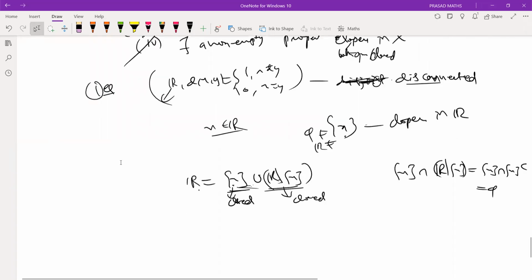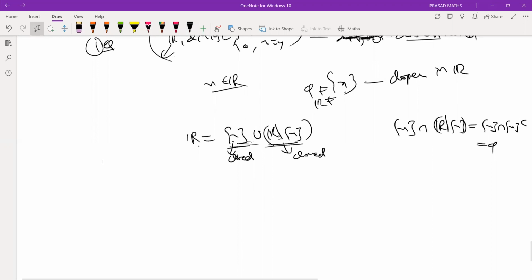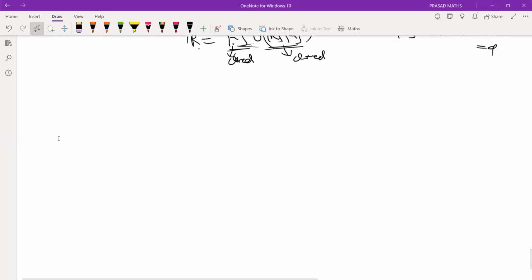Right? So this is a very, very powerful tool. To prove something is disconnected, one can show that it is a disjoint union of two non-empty closed sets. Right? Next